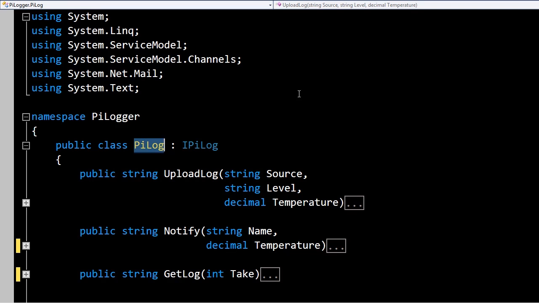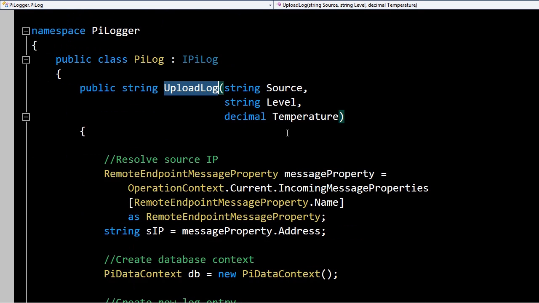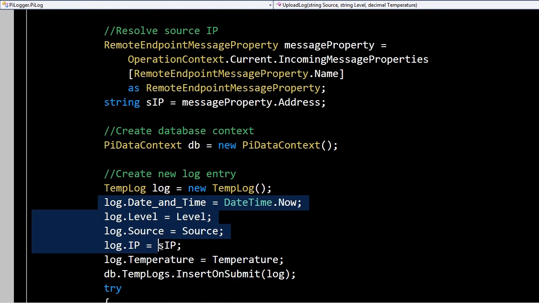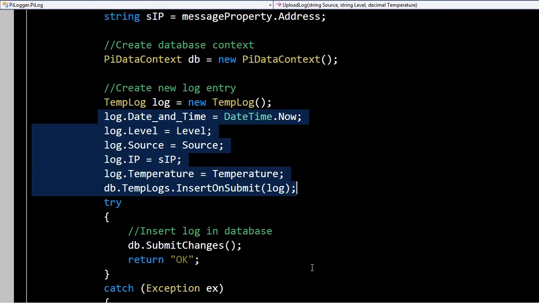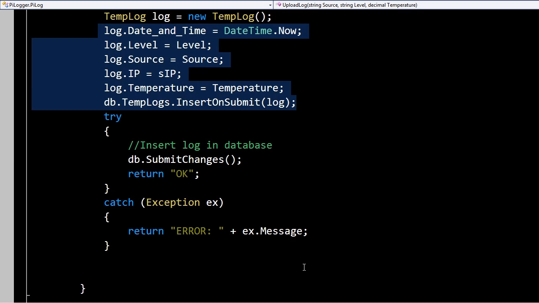The class is called PyLog and contains three methods: upload log, notify, and get log. Upload log will receive logs from my Pi temperature monitor. I'll capture the IP address of the web request in addition to the passed parameters. Next, I'll initialize a database context to simplify communication with my database server. CRUD operations are then handled by a linked database record. I store the date, log level, source, IP, and the temperature, then submit them to the database server with error